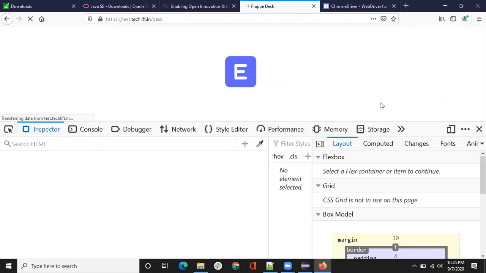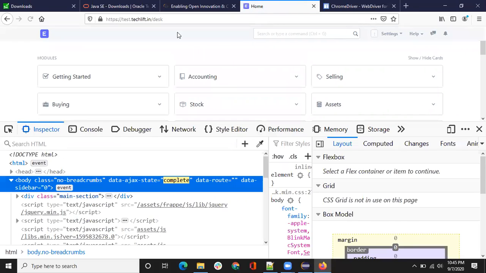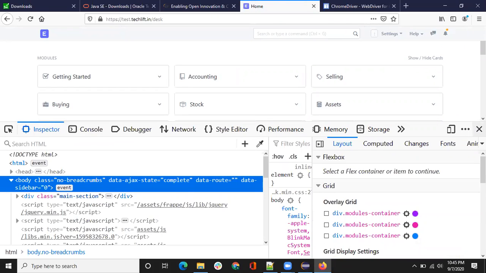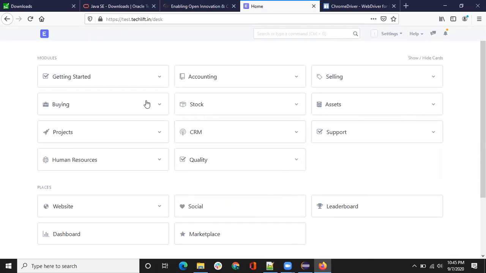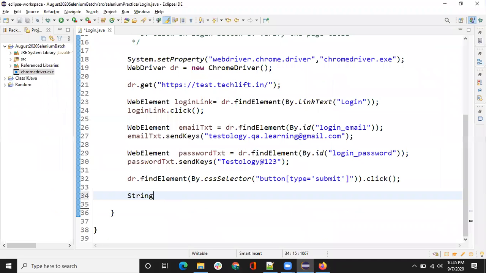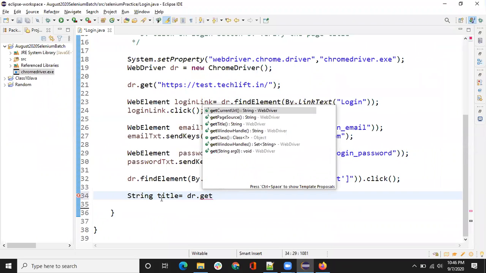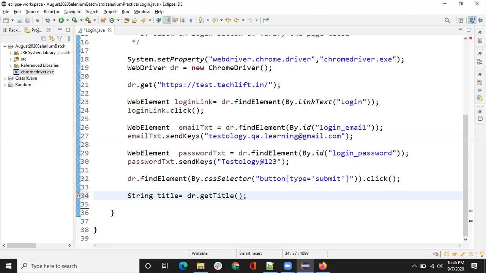and that is saying successful. It is opening another page. Okay, so this is our ERP system. We'll talk about it later on. As of now, our task is to get the title. So if you see here where my mouse is moving, this is the title. How to get the title through the code is simple. You can write String title equals dr dot getTitle. So getTitle is a function which will give you the title of the page